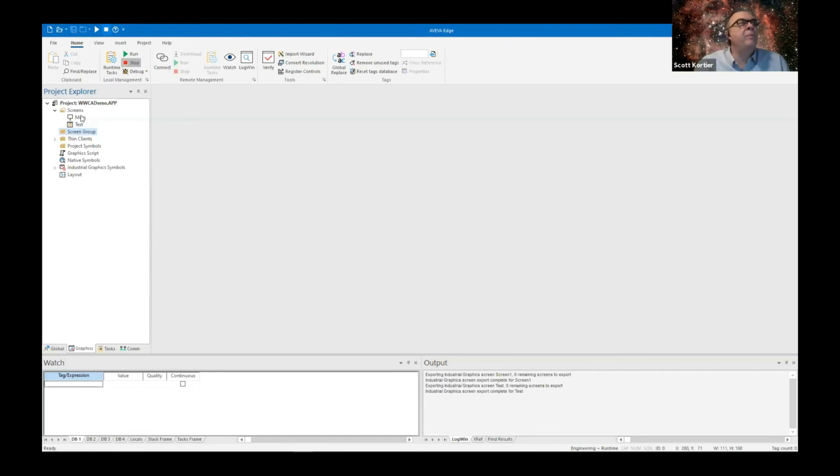So I could open them up, maybe the main screen as the upper portion and the industrial graphics screen as the lower portion of the screen. You have that ability to mix and match and use those simultaneously to create, whether it's navigation or status areas. You can do that in this product as well.